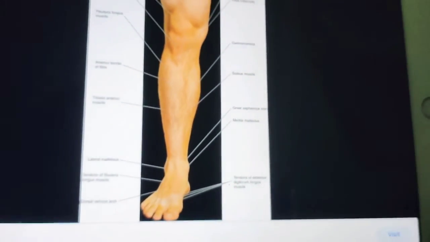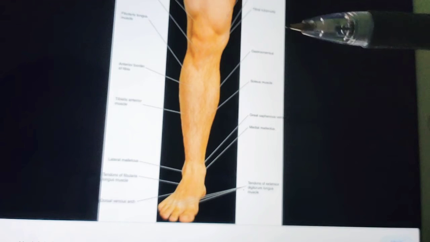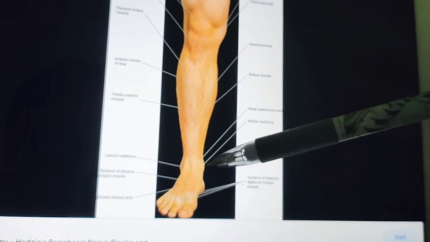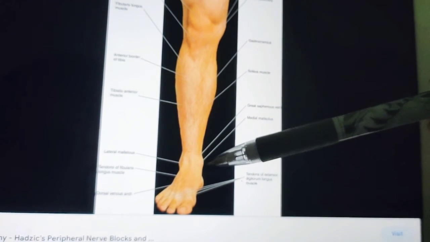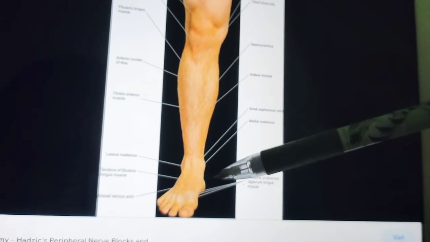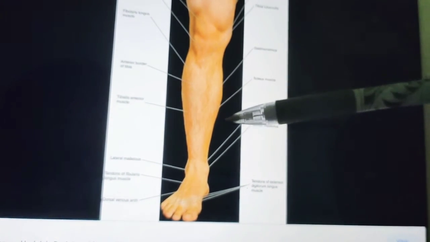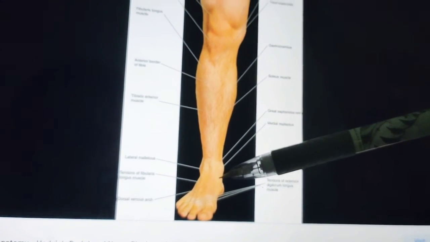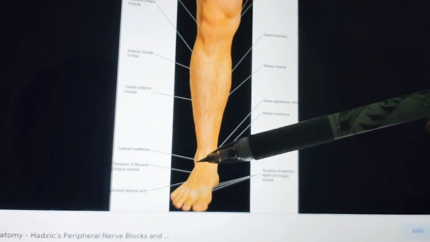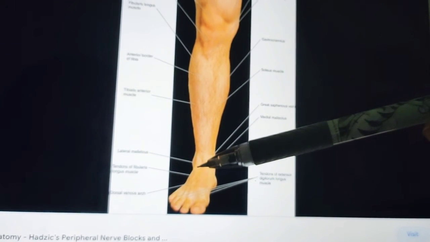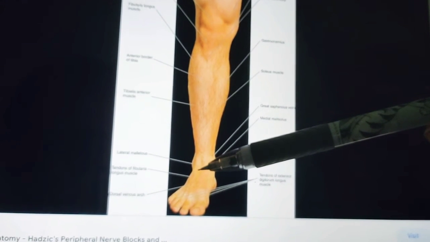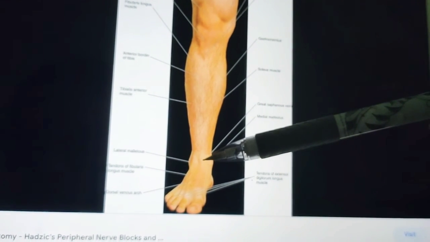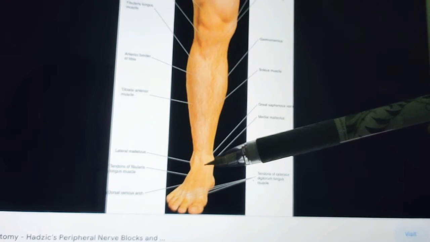Next, coming to the medial malleolus. Of course, this one is the medial malleolus. It's a bony prominence on the medial side of the ankle formed by the downward projection of the medial surface of the lower end of the tibia. Next, coming to the lateral malleolus, it's a bony prominence on the lateral side of the ankle mainly formed by the lower end of the fibula. It is larger and narrower than the medial malleolus. It is 0.5 centimeters below the medial malleolus.